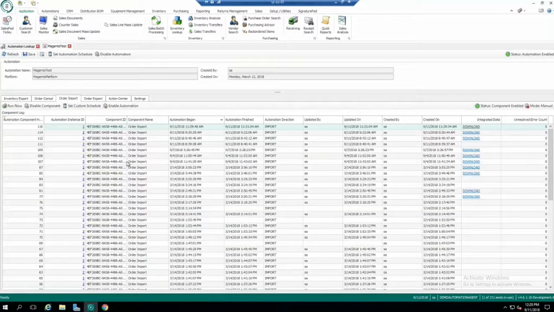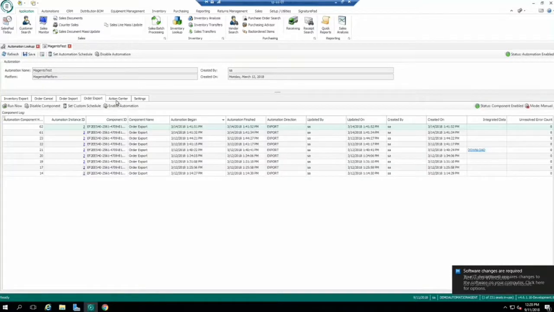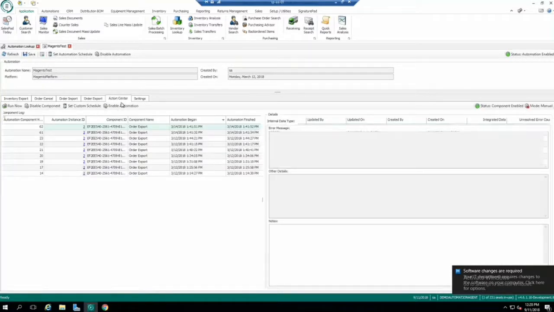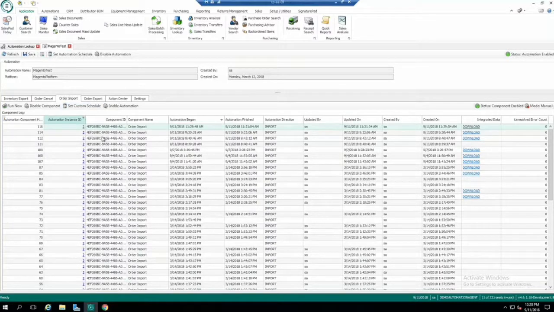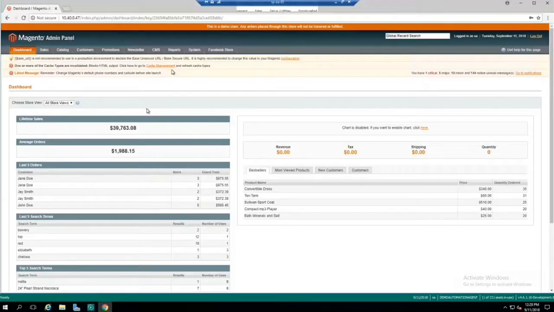So if I'm importing orders, I can run that on its own schedule, export, and then my action center. So the export's the last one, and then my action center, as we previously mentioned, is going to show you all the issues, any issues that were identified on the import. So I'm going to go ahead and run my order import here, and just so you know, this is my